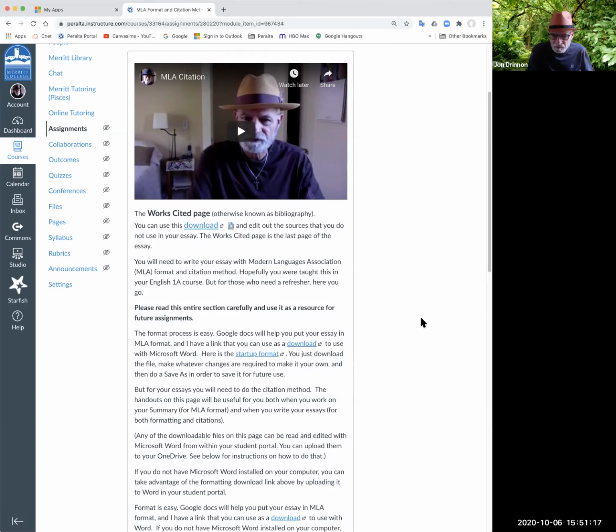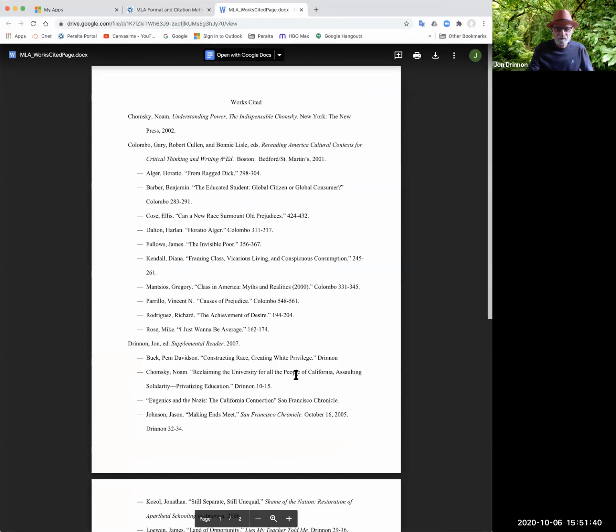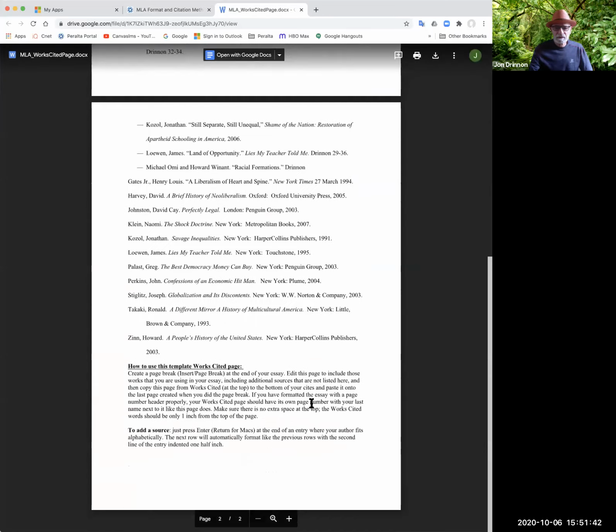So I don't want you guys to have to figure out how to create the works cited page. It's very complicated with a lot of details, and I don't provide you with the full text for all of the reading that we've got. So it would be practically impossible for you to create a works cited page. So I make it super easy for you. I really want to see you have a works cited page at the end of your essay. And I make it easy because if you click on that download button, here's your works cited page.